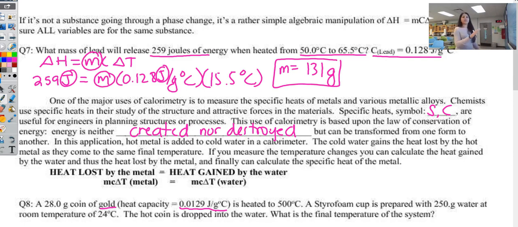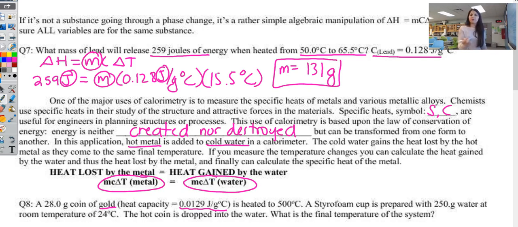In this application, this is a really common problem. We've got a hot metal, and it's being added to cold water in a calorimeter. The cold water contains the heat lost by the hot metal as they come to the same final temperature. If you measure the temperature changes, you can calculate the heat gained by the water and thus the heat lost by the metal. So you can either do this as MCAT equals MCAT,